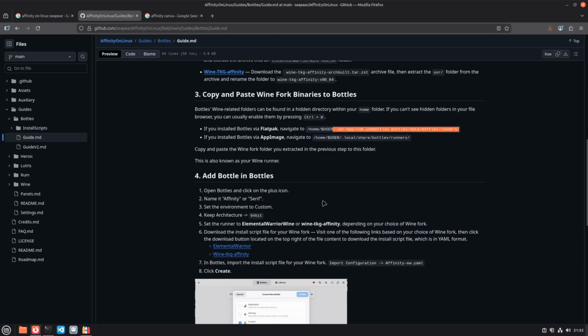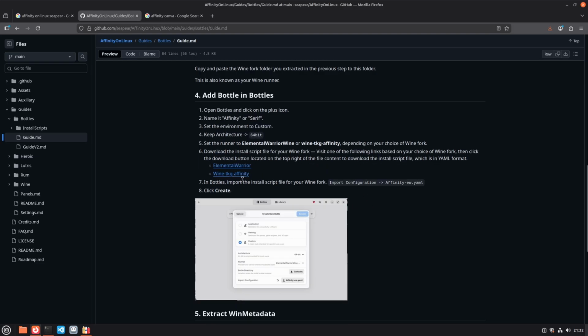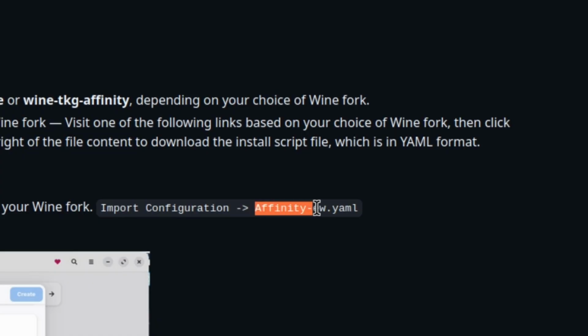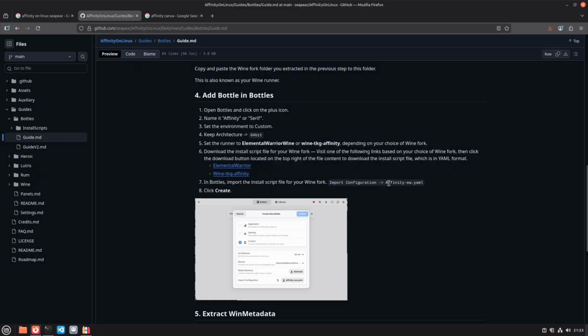And then the other thing I forgot to mention is from that same person that made the wine fork, there's also a configuration script for this affinity.ew.yaml file. So we also need that, and I have that installed already, but you can grab it right here. So now that that's all ready,